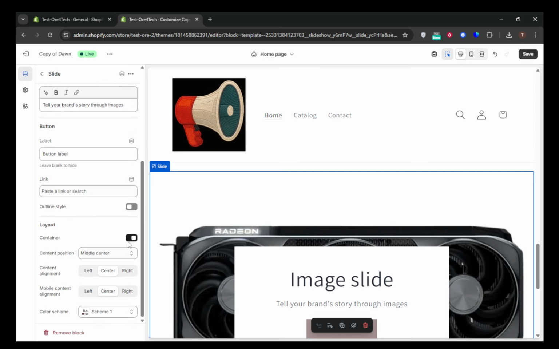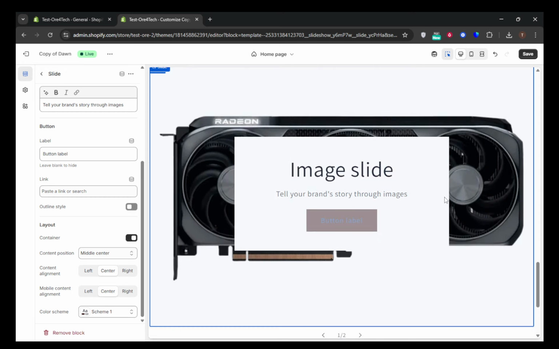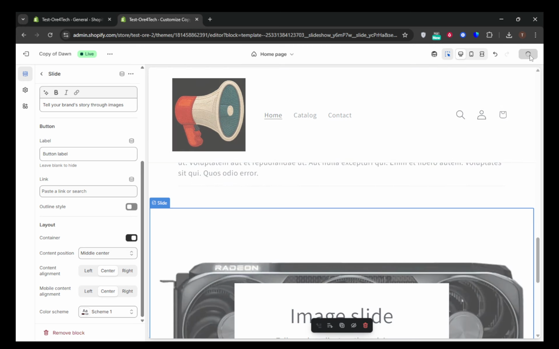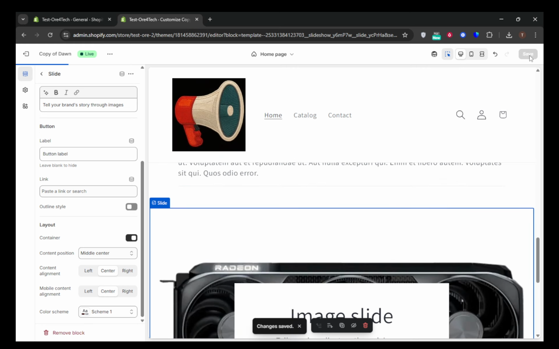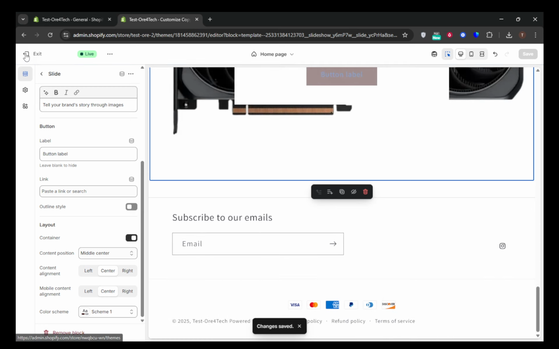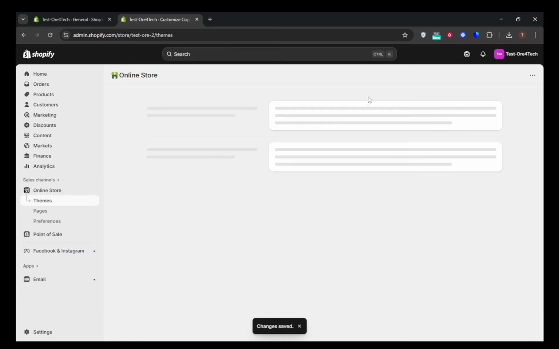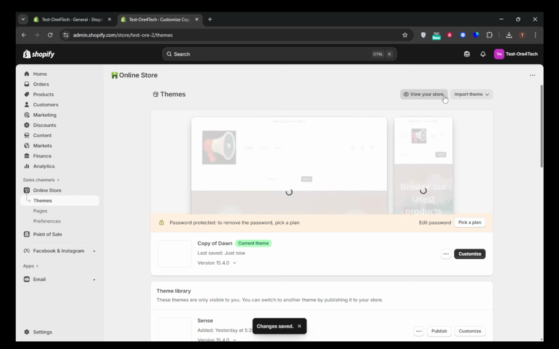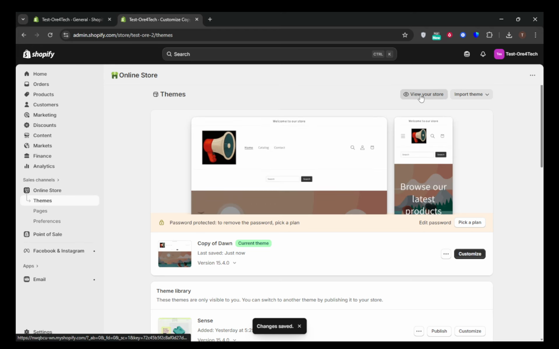After you're satisfied with the configuration, take a moment to preview your homepage. This gives you an opportunity to see the banner slider in action and ensure everything looks and functions as expected. If, after testing, you're happy with the slideshow, congratulations, you're all set. However, if the built-in options don't quite hit the mark, you might need to explore custom solutions for more advanced